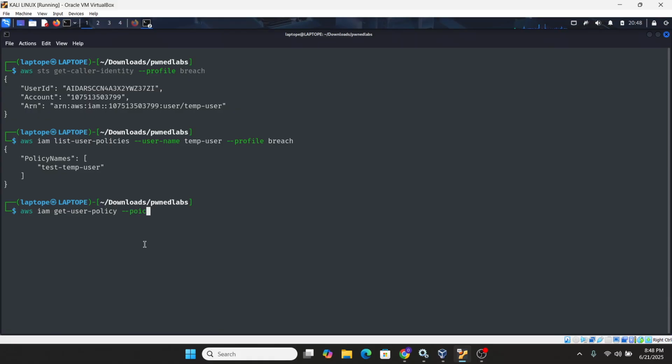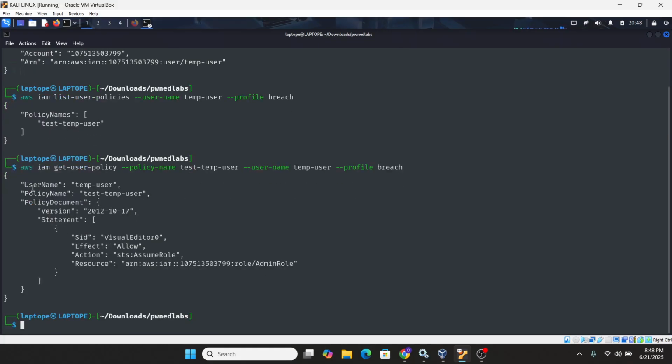Then the name of the policy, that's --policy-name. I've copied it, I pasted it here. Then the username of the account, then the profile. Then we'll press enter.